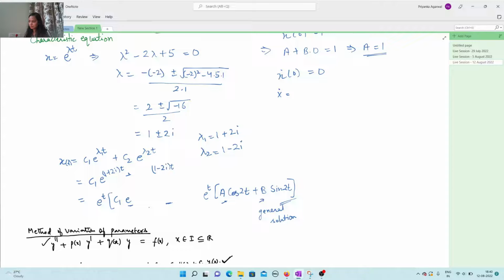We are already given that this is the solution, that means y1 and y2 are already given, so we can find the particular solution. So simply we can write this particular solution as